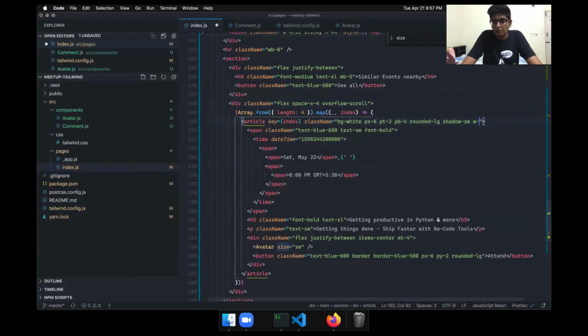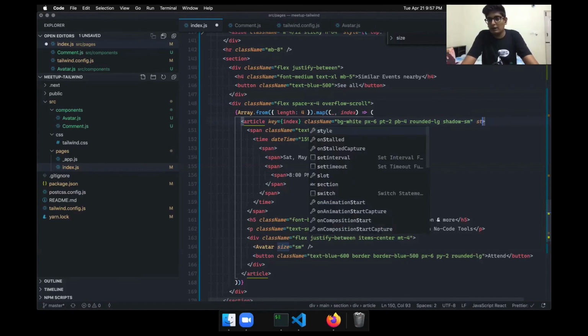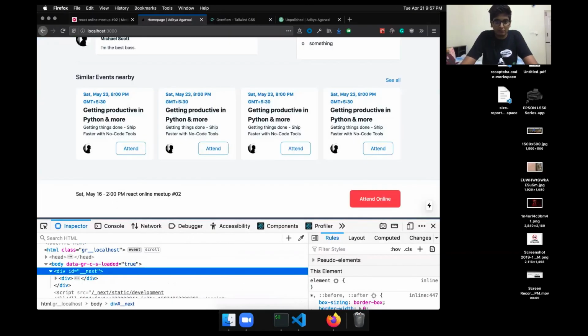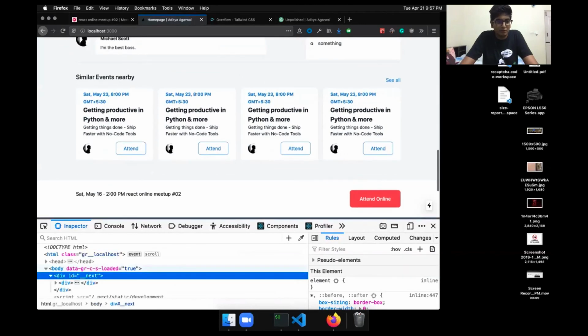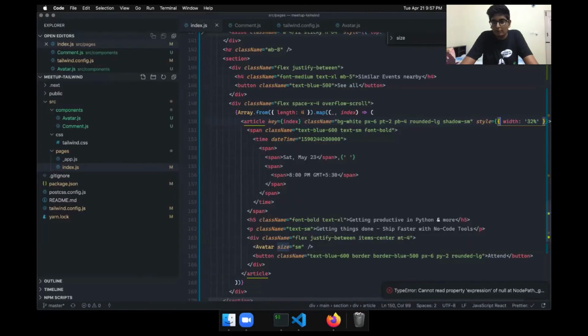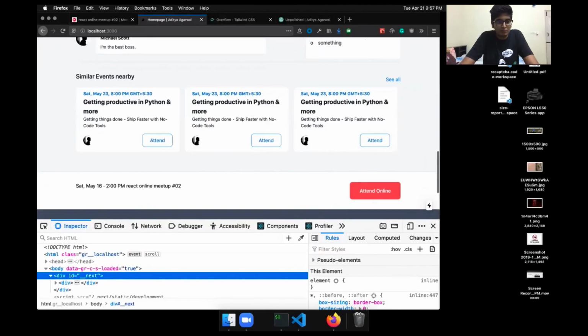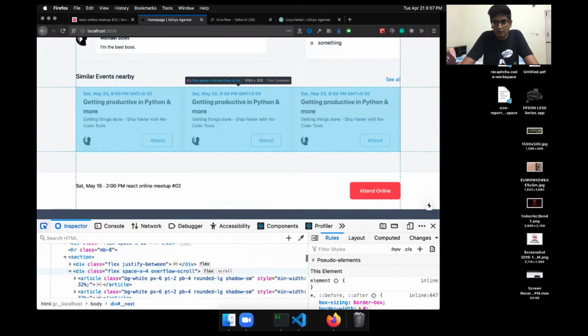So remove this, doing nothing, and make a style tag of 32%. Oh yeah, min width. So we have that working.